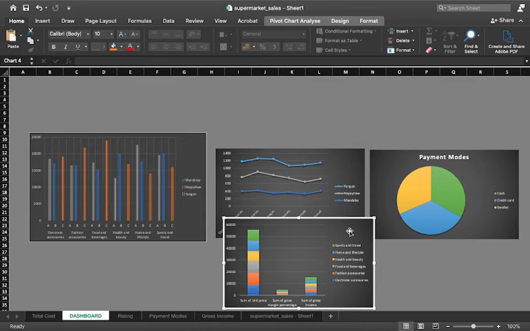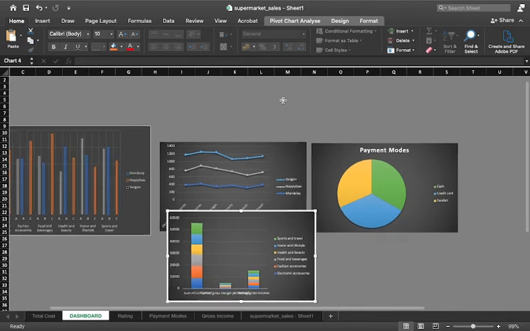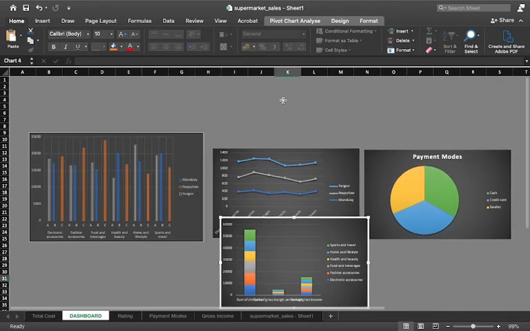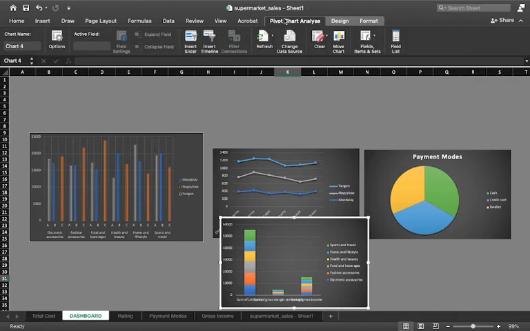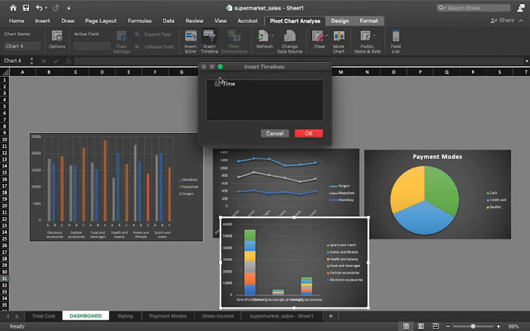Now let us see how we can create a dashboard out of this. We have collated all our data with us. Now we need to create a dashboard. So what I'm going to do is, first I am going to add a timeline. All you need to do is go to your pivot chart analysis. You have an option for insert timeline. Obviously here you have time only. Here the option for a timeline is time, so it could be in days, year, months, whatever you want to choose. I'll just click on OK,